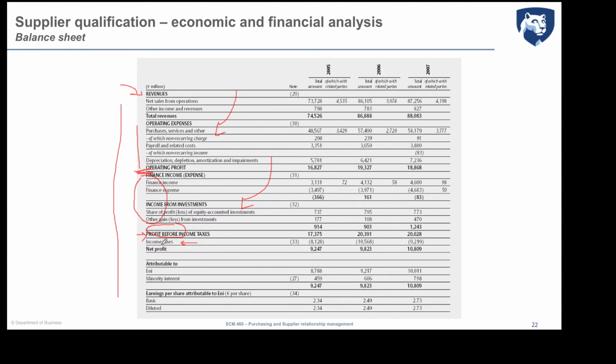By subtracting the income taxes, I obtain finally the net profit, which is the overall profitability of a company, considering the ability of being profitable in operational activities, in financial investment, and after having respected the imposition given by the government. And as you can see, in this case, this is an example where the profit is positive, and as you can see here,